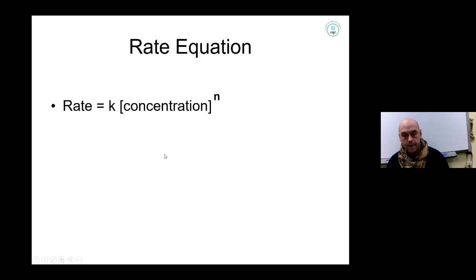Okay, now we're going to go back to the rate equation. You'll see this in year 13. Temperature affects this value here. As you increase temperature, this is what we call the rate constant. And in year 13, we look at how we can find this value. But if you increase temperature, the effect is to make that value bigger. If I make that value bigger,